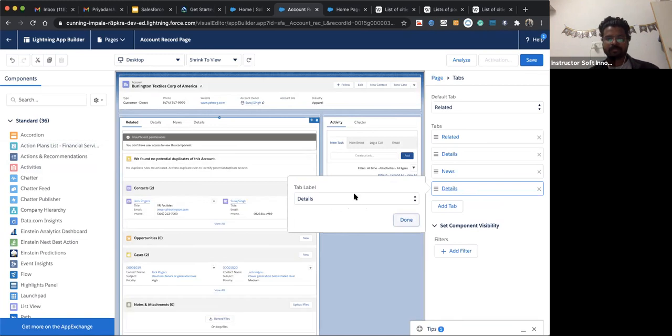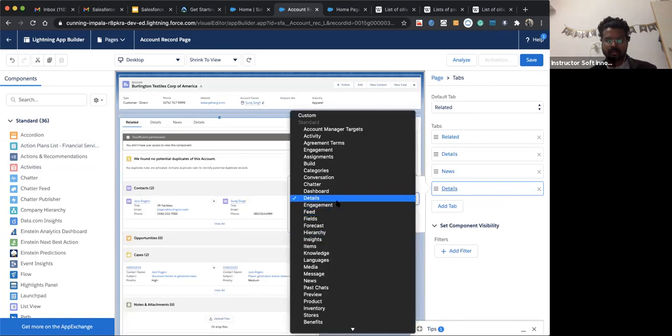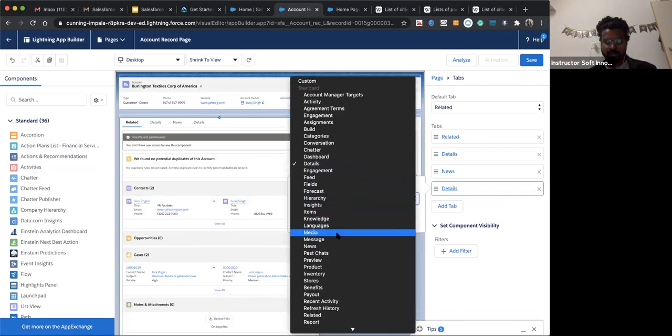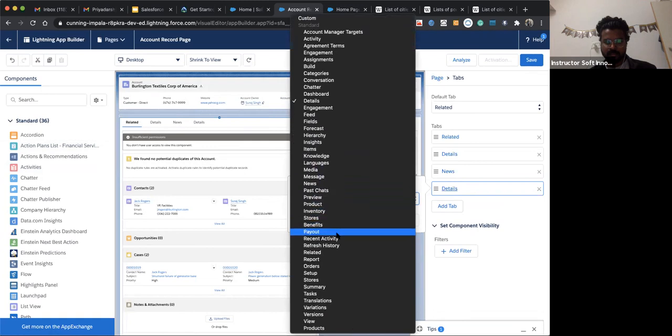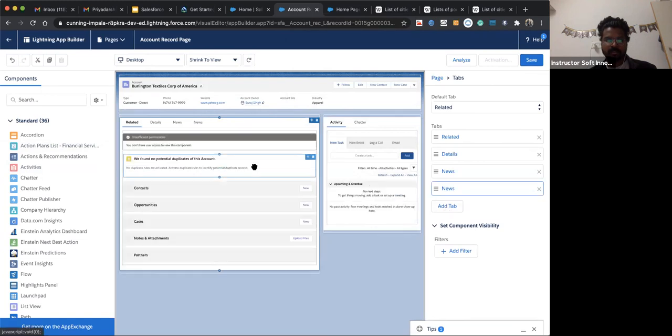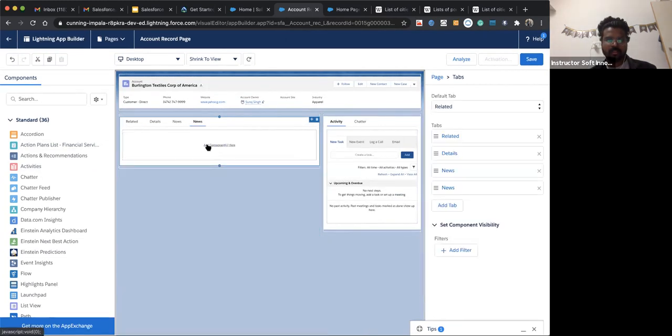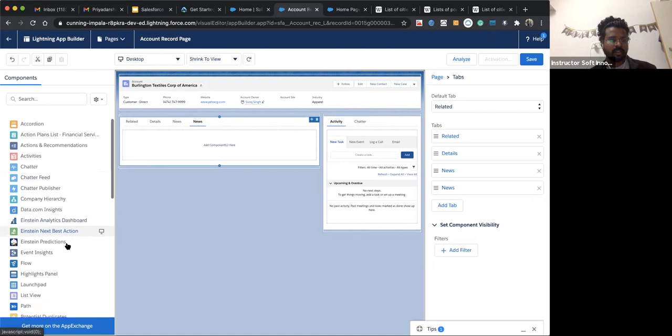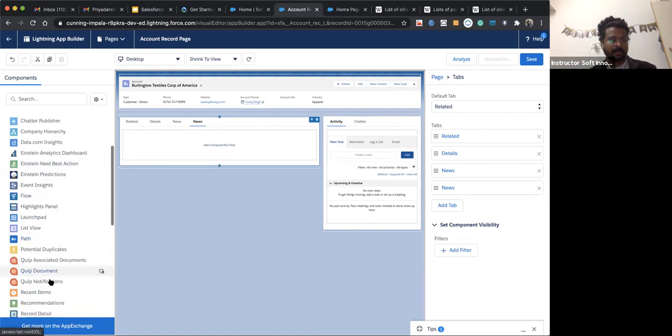And let's give it a name: News tab. The news tab is available, and since there is no component in it, we can add any component over here.